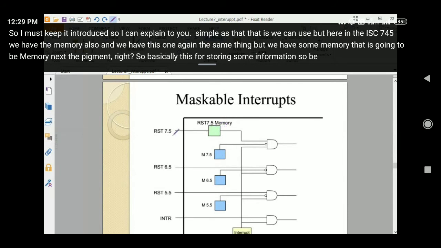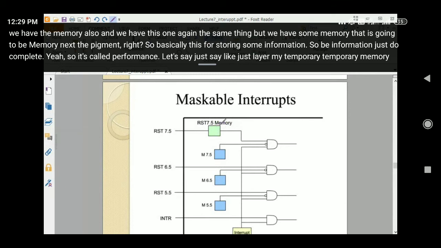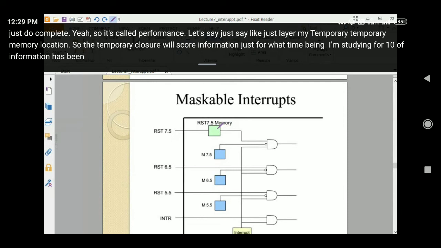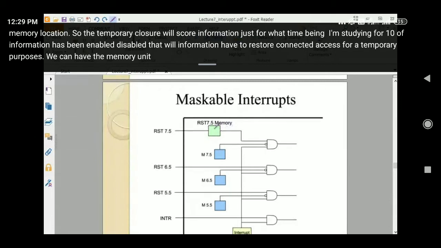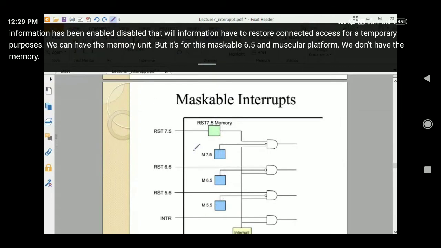The information just completed is kept in a temporary memory location, for the time being, about what kind of information has been enabled or disabled. For storing it temporarily we can have the memory unit. But for maskable 6.5 and maskable 5.5 we don't have that memory. For 7.5 we have memory.